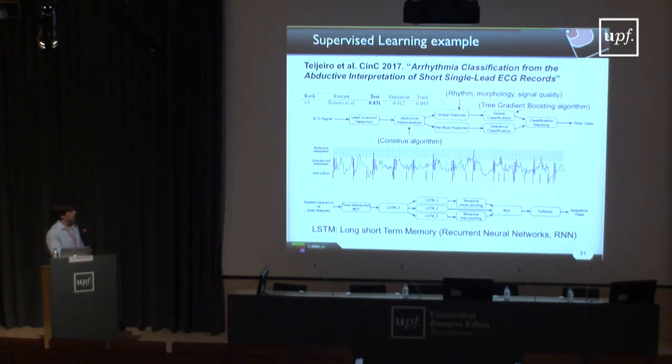When you want to learn something that includes temporal information, LSTMs work pretty well because they are neural networks that have memory, and then they can recognize patterns, okay? So combining all these tools, at the end, they can pool between two different sources of information, the one that comes from global classification and the one that comes from per-beat classification, and they decide which of the